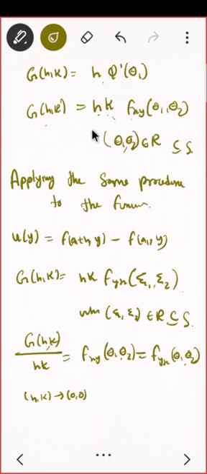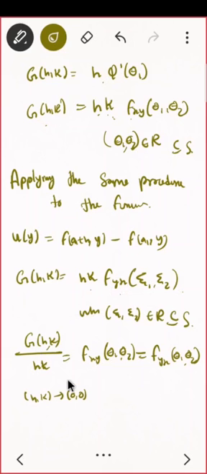Correct. Can I do the same procedure? In the same procedure, now I have to start with some u of y. Earlier it was phi of x, now I am taking u of y, where the change is in the x coordinate, e1 plus h comma a1. Now again observe the same thing, you can write g of hk and so on, do the same procedure. So similarly, I can get g of hk is equal to hk into f of yx at psi 1 psi 2. Now this is what I am having.